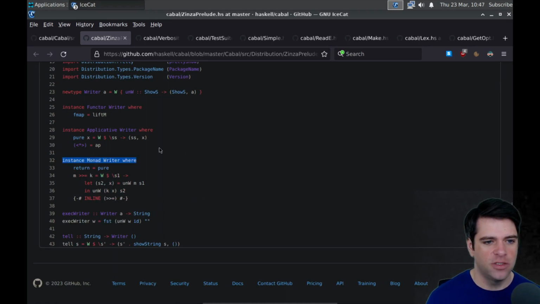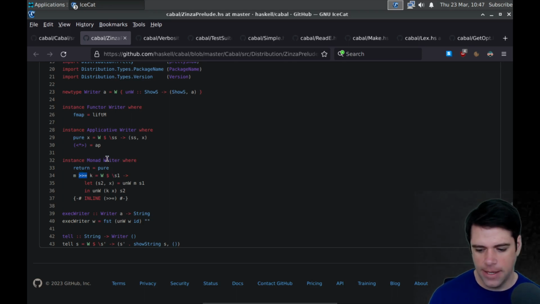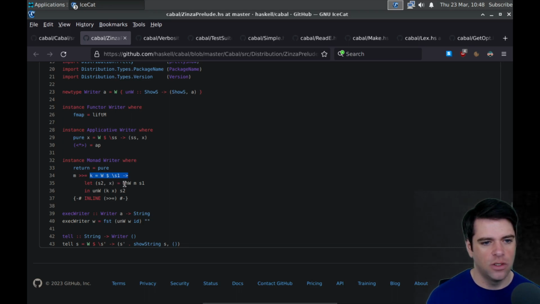So for example, instance Monad Writer is return equals pure. Monads have bind and I forget what the other one is called. I think this might be bind. And we're going to set k equal to 1. And we have this lambda. S1 is going to go to some unW stuff and more unW stuff.